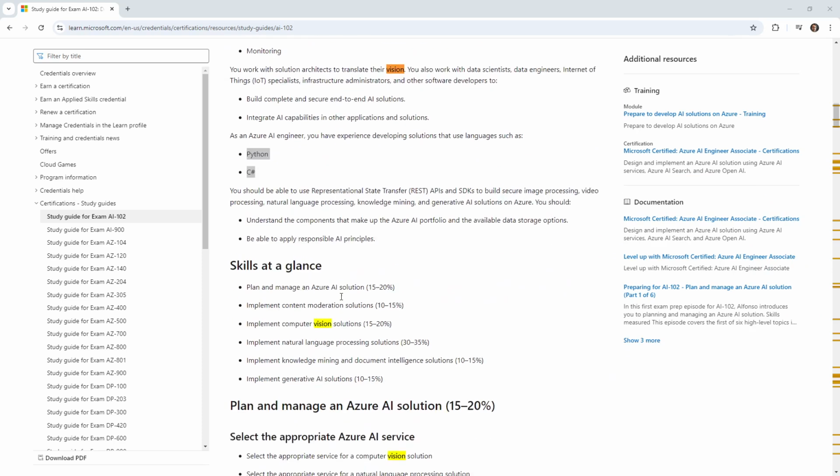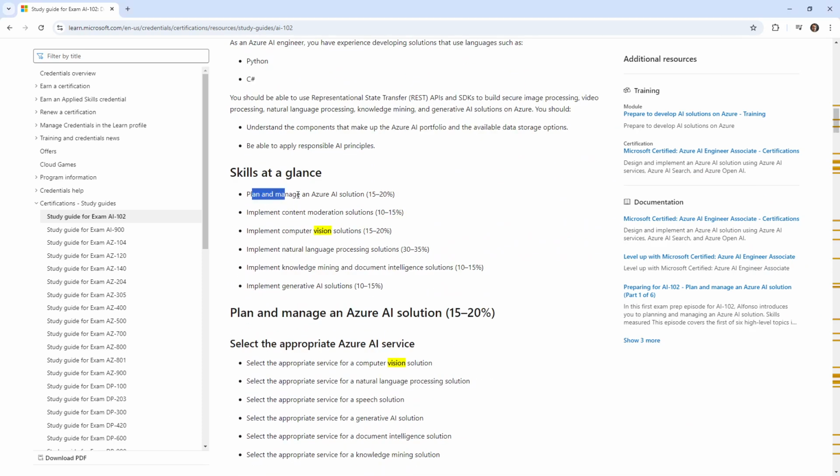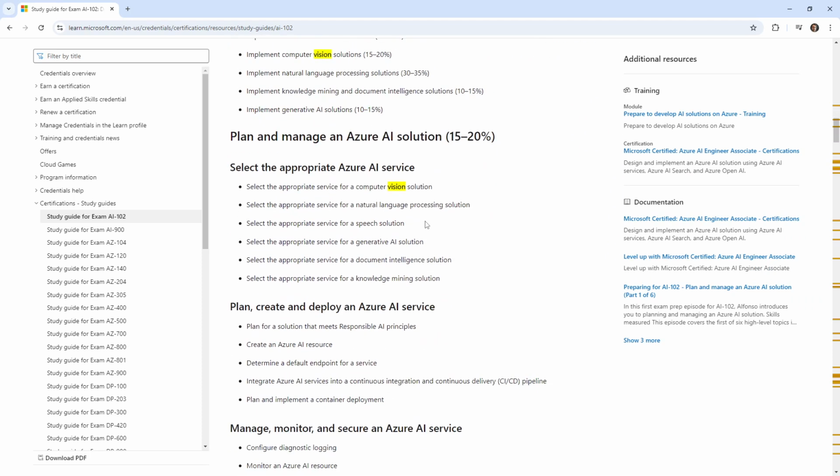Let's take a look at a glance. Here we have plan and manage Azure AI solutions, implement content moderation solutions, implement computer vision solutions, implement NLP solutions, implement knowledge mining and document intelligence solutions, and implement generative AI solutions. So let's take a look at the first one here, which is plan and manage an AI solution. Here they're just saying, just know what all the Azure AI services available are. I'm actually going to pull up, just for a moment here,